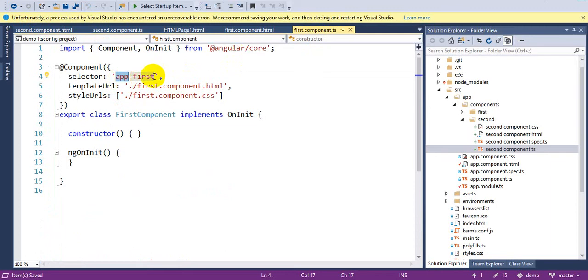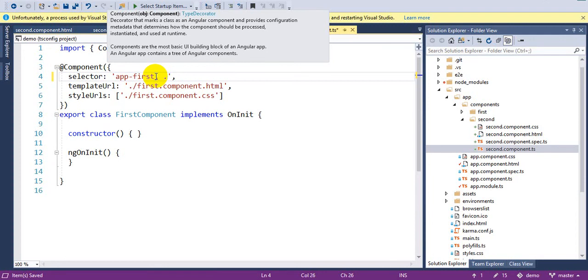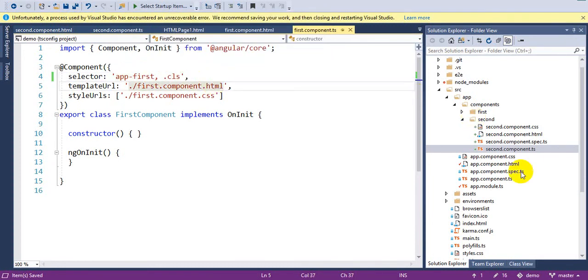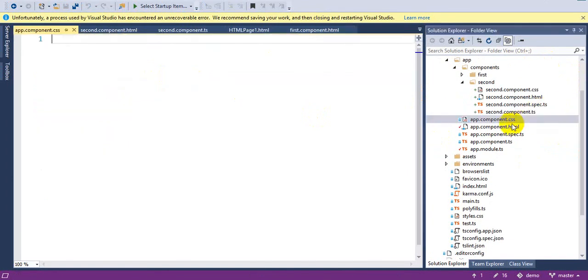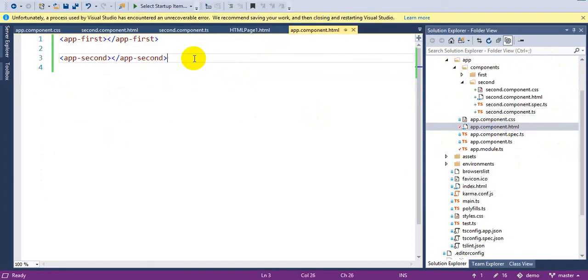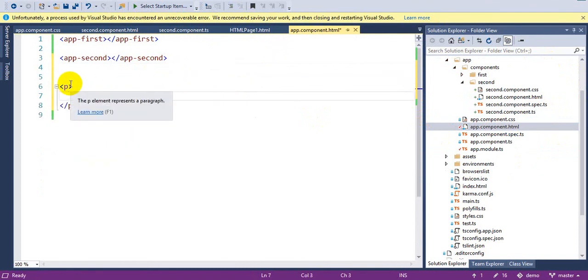You can have n number of selectors here. I am adding one selector which is called .cls. Okay, and this file is first.component.ts. I am going here, sorry, on HTML, and using the p tag, I am putting class equal to cls.